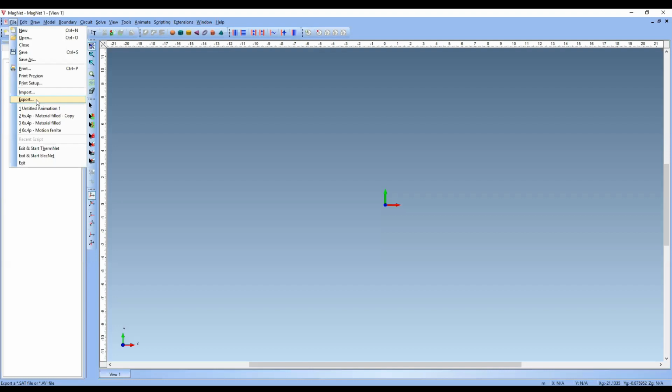Actually, there are also packages called ThermNet and ElectNet. If you want to do a fine thermal analysis, there is another package called ThermNet, which is a co-package of this Magnet software, so you want to install that also. For electrical analysis, you can do it with this also. Anyhow, for basic level electromagnetic analysis, this Magnet is itself more than sufficient.